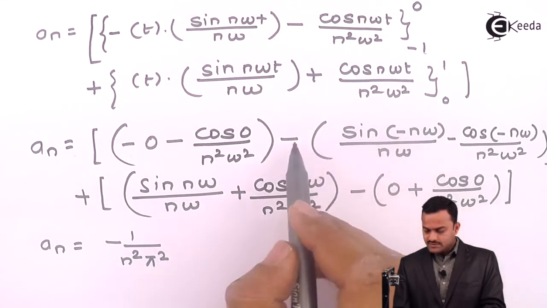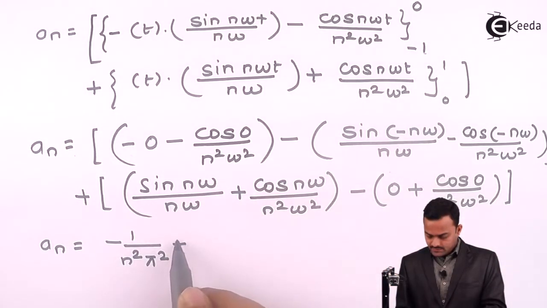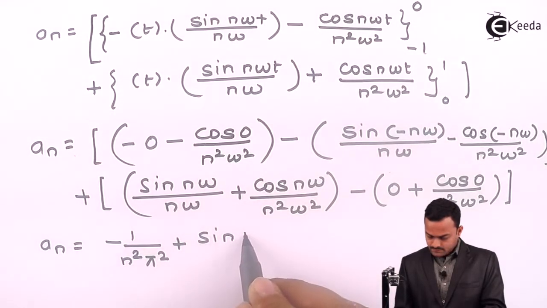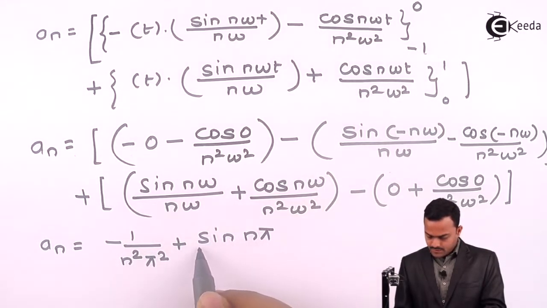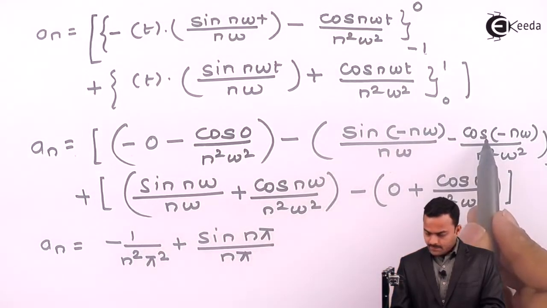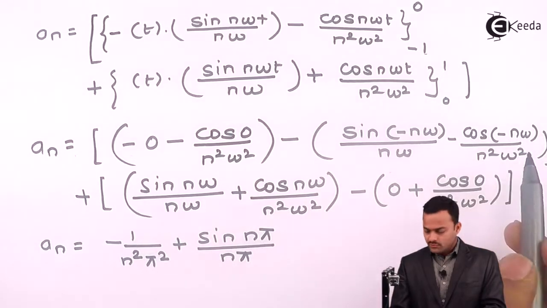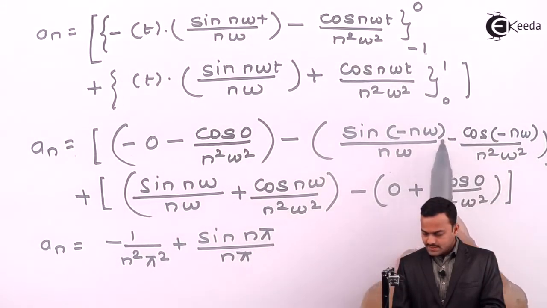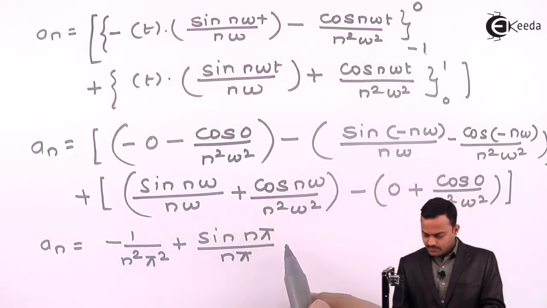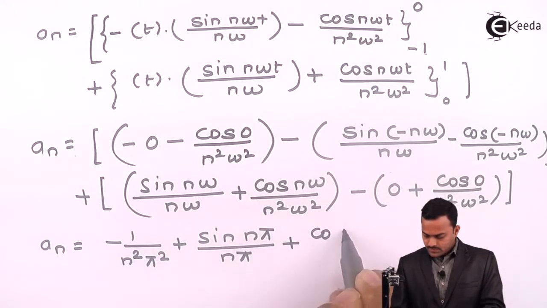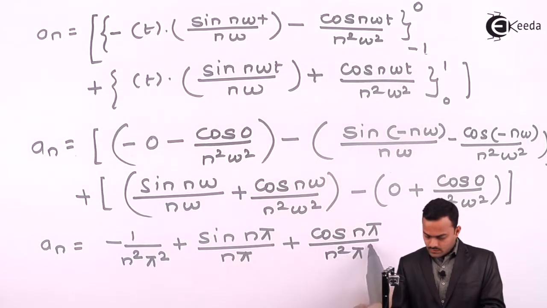So let's adjust all these minuses. We'll get plus sine n pi upon n pi. Cos minus theta is cos theta only. So this will remain as it is, but because of this minus, it becomes plus. So you will get here plus cos n pi upon n square pi square